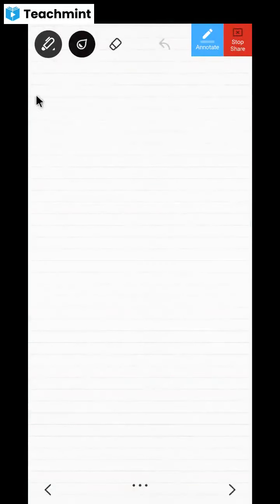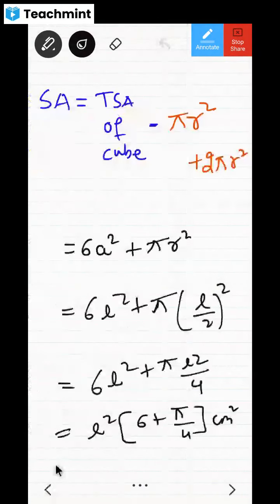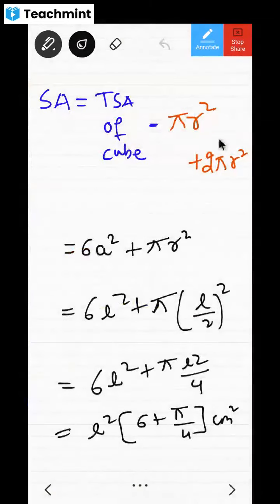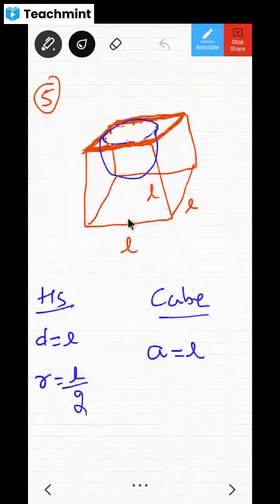Okay, fine. If the answer is different, just calculate this. Is it in this form, or did they give some other form? They must have given it as 6L square plus 2 times 5 bracket 1 by 2 square minus 5 1 by 2 square. They must have done all the minus and everything separately. But you only think of this logic. I don't want to get into other forms of answers.